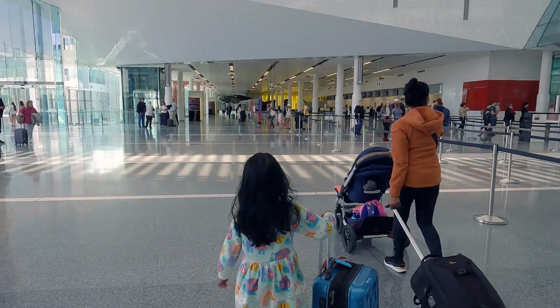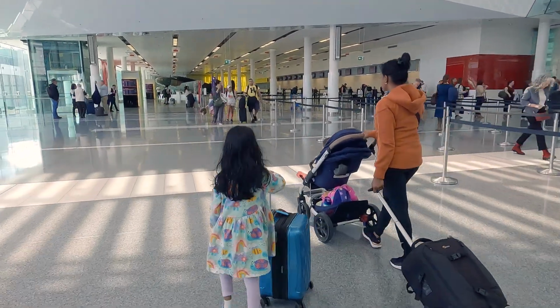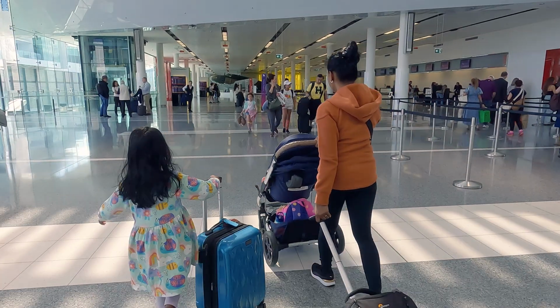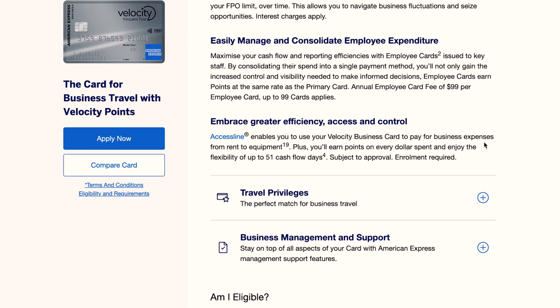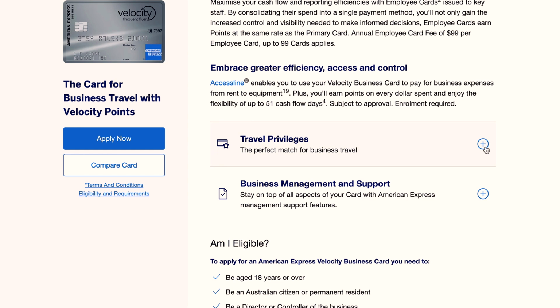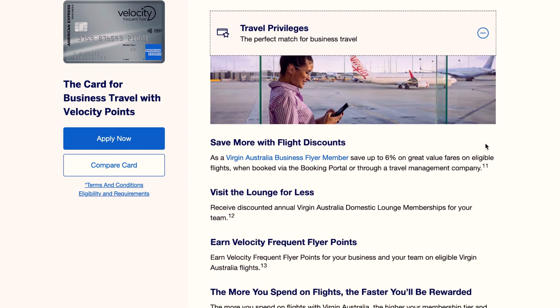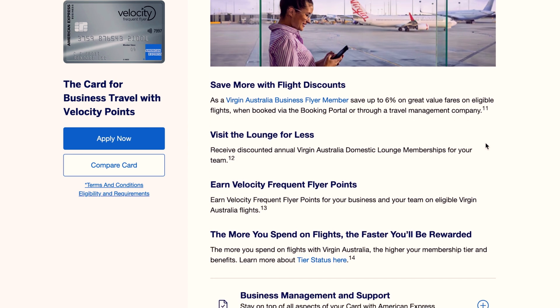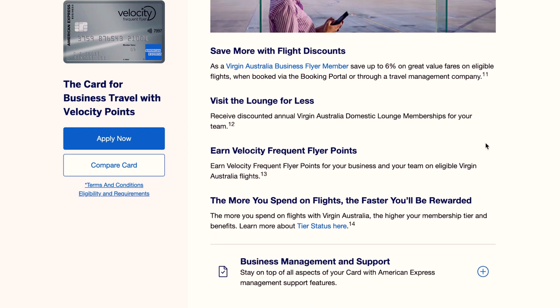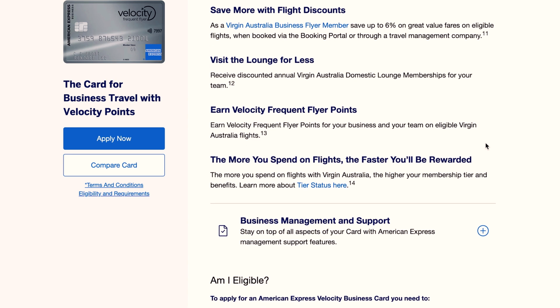You'll get a complimentary domestic economy return flight every year. So if you take advantage of that flight, you're already covering the cost of the annual membership. On top of that, you'll receive 2 complimentary Virgin Lounge passes each year, adding extra comfort to your travels. Plus, the card includes complimentary domestic and international insurance, so you're covered whether you're flying across the country or across